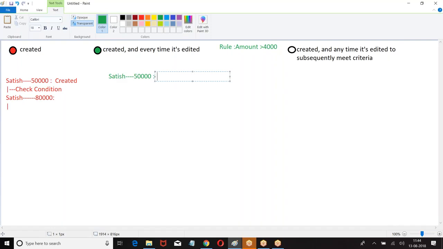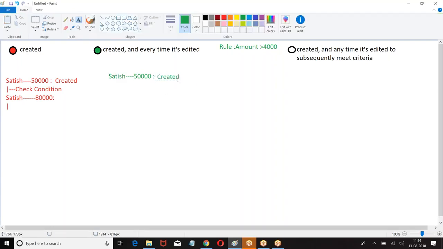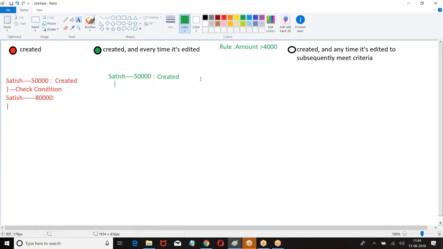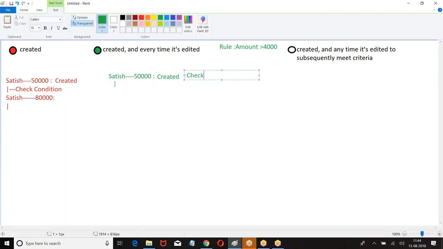A record is created called Satish 50,000. When you create a record, check the condition. Then again, Satish 50,000 is modified as Satish 80,000. When you modify again, Satish 80,000 is modified.